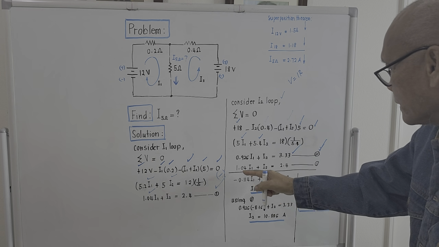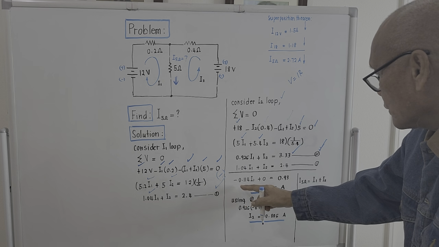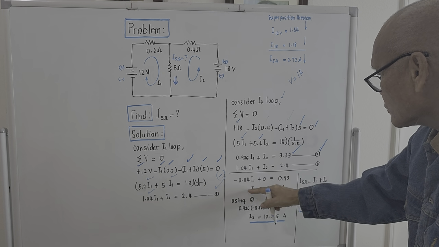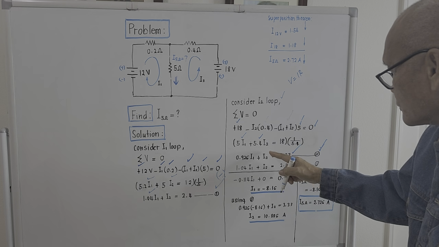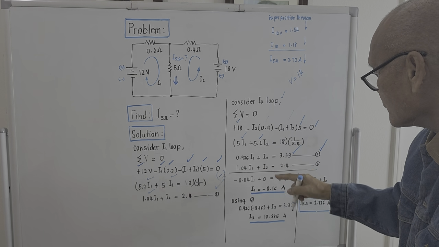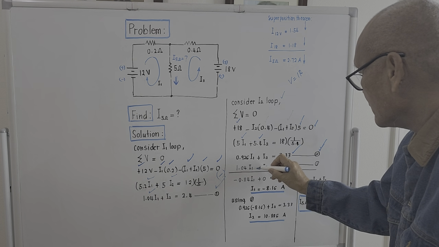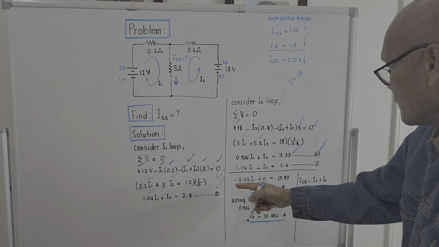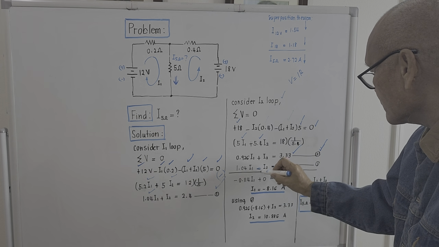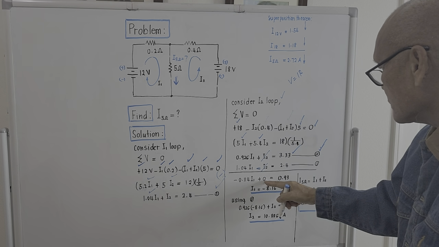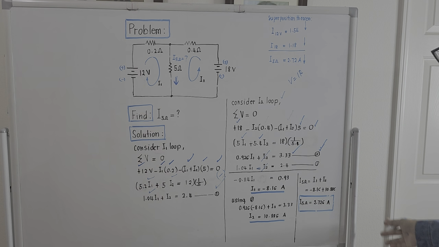0.926 I sub 1 minus 1.4 I sub 1. This should be negative 0.114 I sub 1. The operation is subtraction, so this is I sub 2 minus I sub 2. This will now become minus, right? So if I perform the operation subtraction, we will eliminate I sub 2 because this cancels. This is now 0, or just simply like that. And this should be equal to